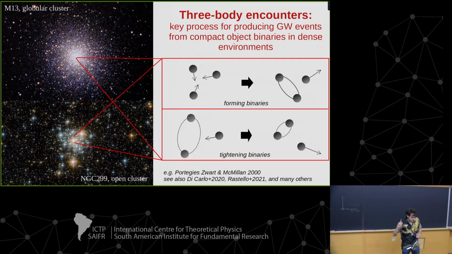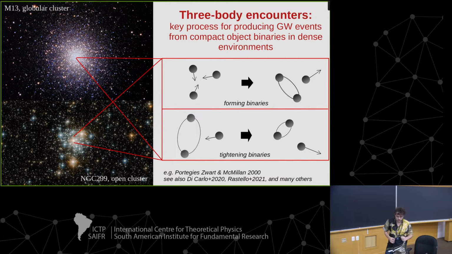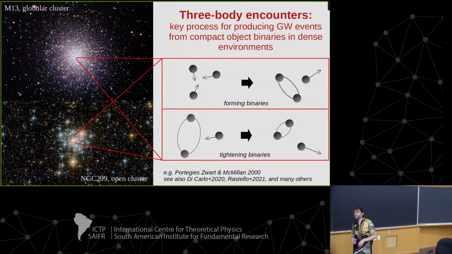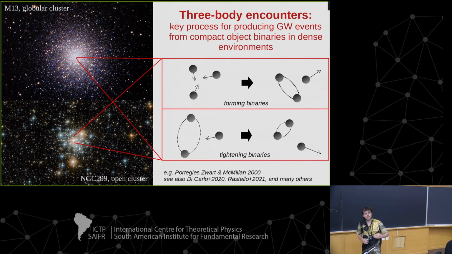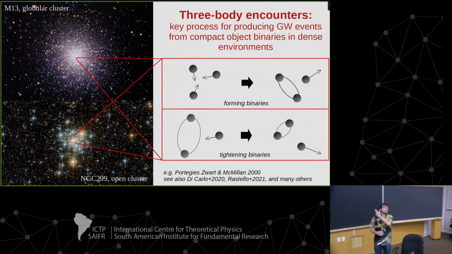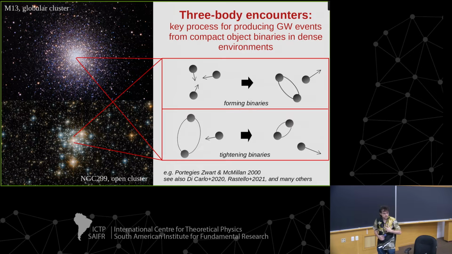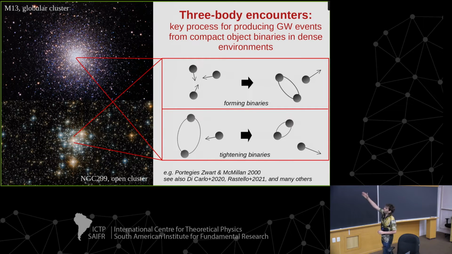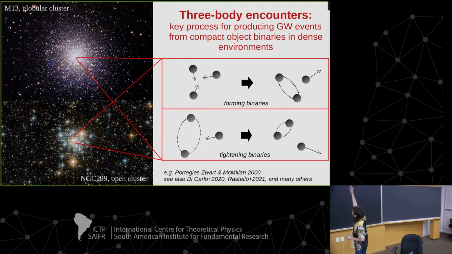So, dynamics, as I told you earlier, we tend to produce gravitational wave binaries that merge within the age of the universe mainly with this process: three-body encounters. Of course, in principle also four bodies, five bodies, but we usually focus on the simplest things. So three-body encounters that happen at the center of stellar clusters.